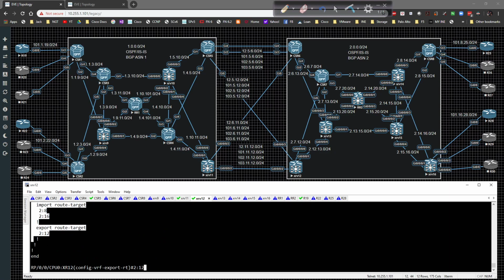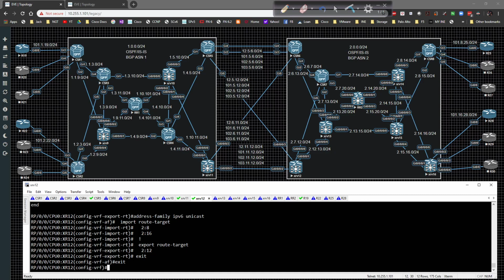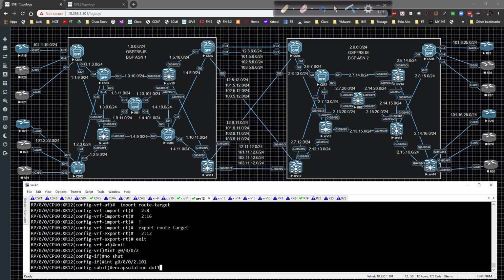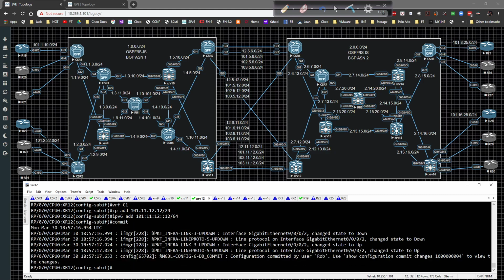to the other side. Go to IPv6 and do the exact same thing. Copy, paste, and that's the VRF configuration. So we'll type in interface gig 0/0/0/2, no shut it. Go to .101, encapsulation dot1q 101 VRF C1. IP address of 101.11.12.12/24, IPv6 address of 101:11:12::12/64, and commit. So now that we have that in play, the next step for us to do is